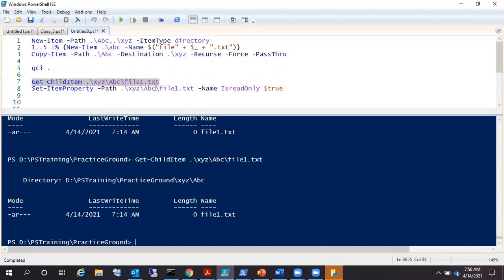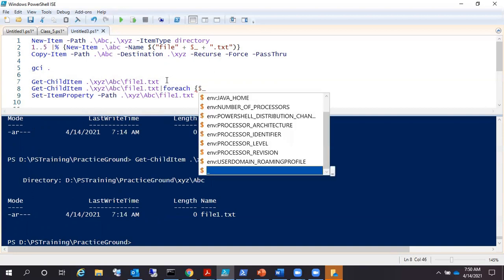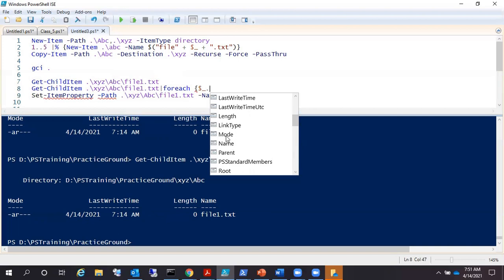So suppose I want to make this file a hidden file. I have a trick for that. For each object, what I have to do is perform a command, and that command is ForEach-Object. And can you see, this time I'm getting some more properties like attributes, base item, and all these things, and mode as well, right?